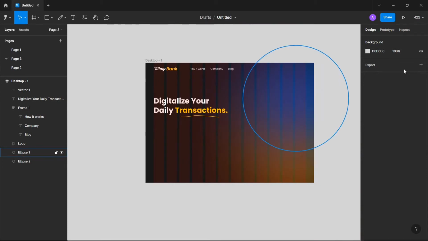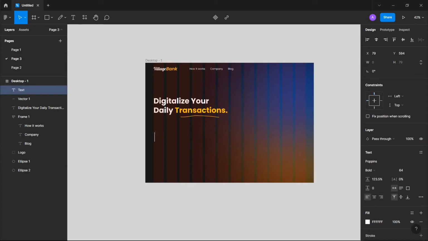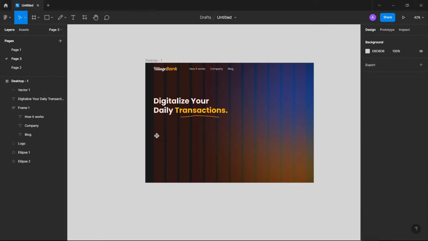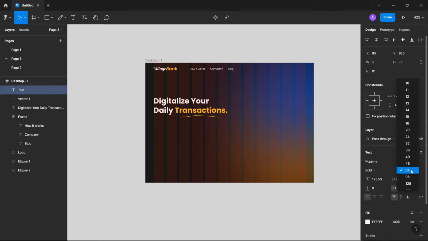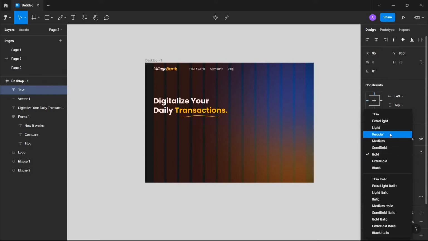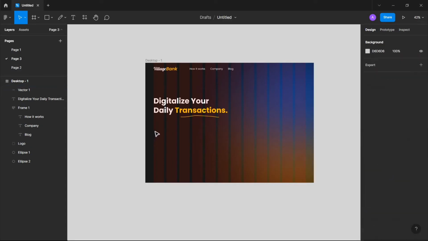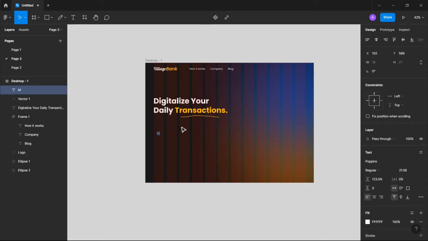Then the next thing is for us to have our description. So the description says, okay, you know what, let's first decrease the font size because it's very big. So I'll just change it to 21.58. Then I'll change it to regular. Then I can start typing. Meet the